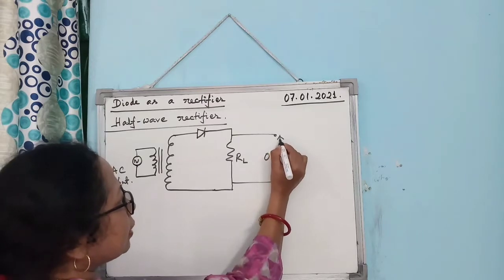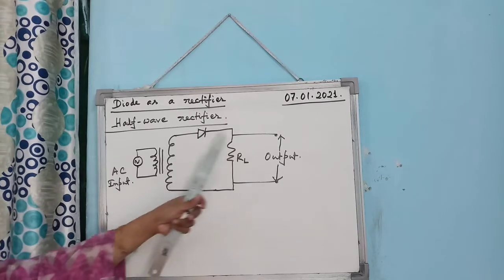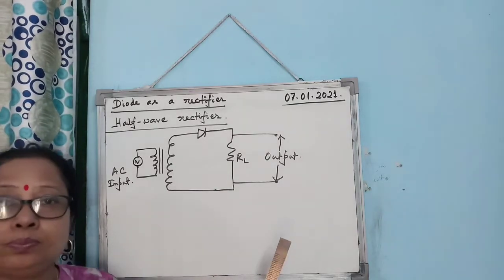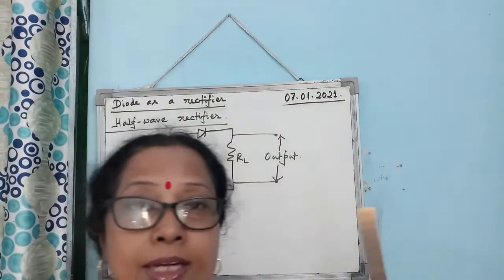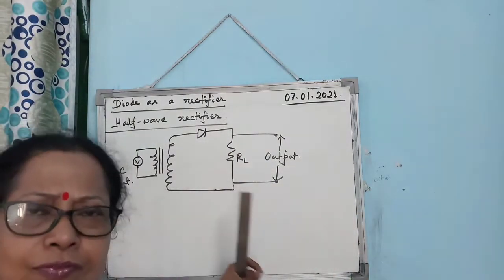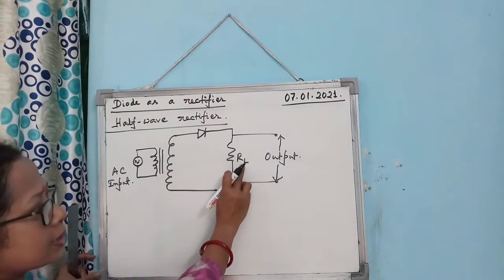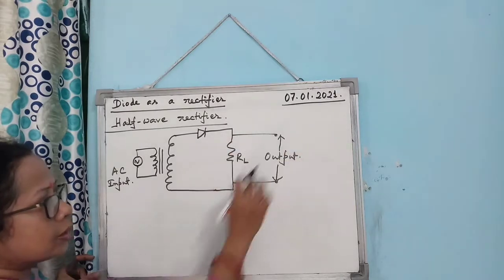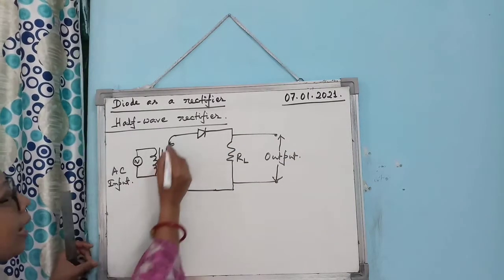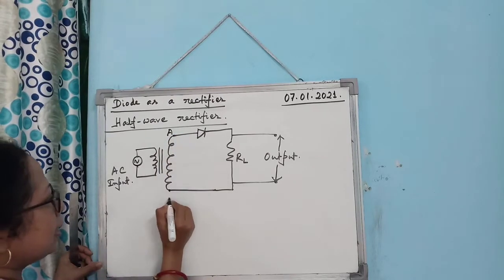This diagram is important. Everything, whatever I have written, whatever I have drawn, everything is important. So please don't be casual in your approach. When you are practicing the diagram, you must write everything properly. So this is the load resistance RL, across which the output voltage will be measured. Alright. So for understanding, suppose I am naming these points A and B.